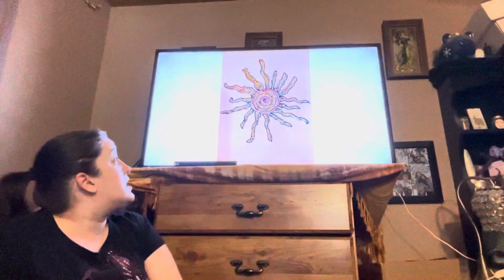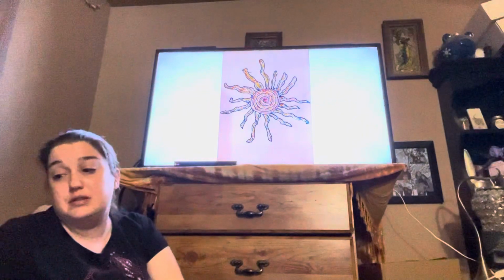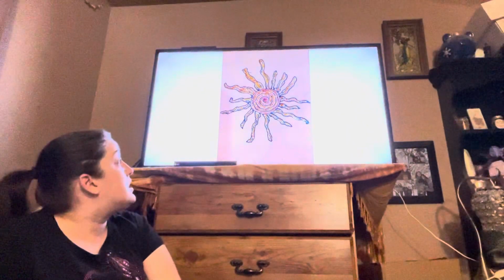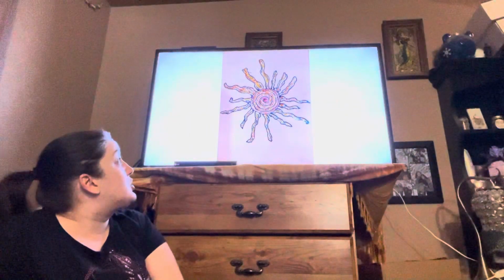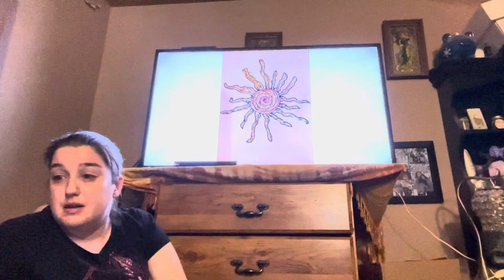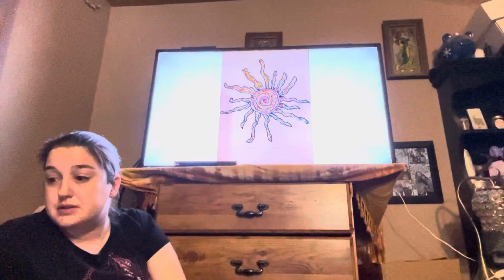Here's just a sun. Now this one, the question mark and the other ones were done with pastel. This one's done with sparkly pens and glitter pens and metallic pens. And I just played with colors. So